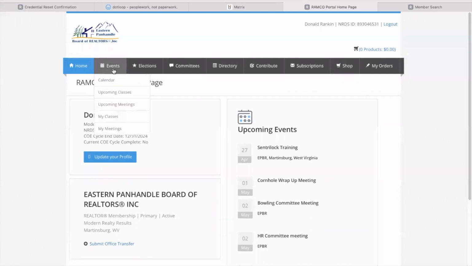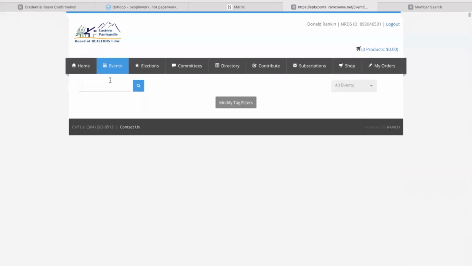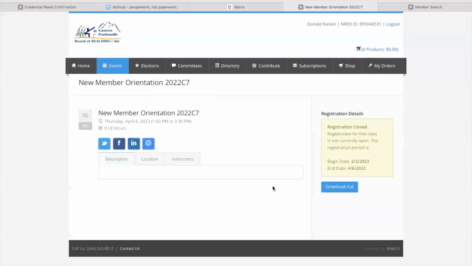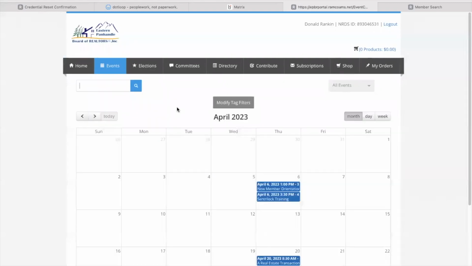Next, let's go over events. So let's see how we would register for an event. Now, say you wanted to go to this event that was on the 6th. If you look over here, it says that the registration is closed. This means that the event is either filled or over. But if you come back to calendar